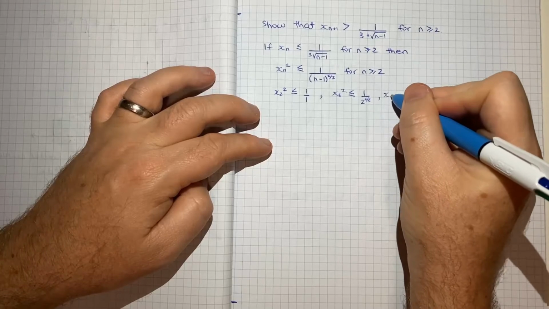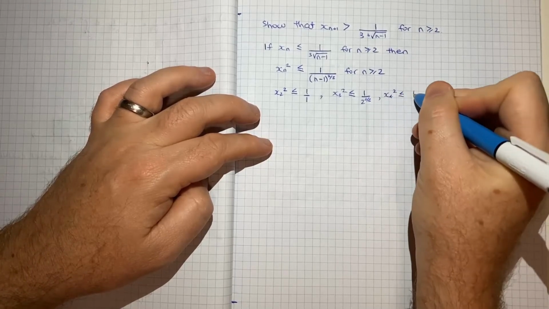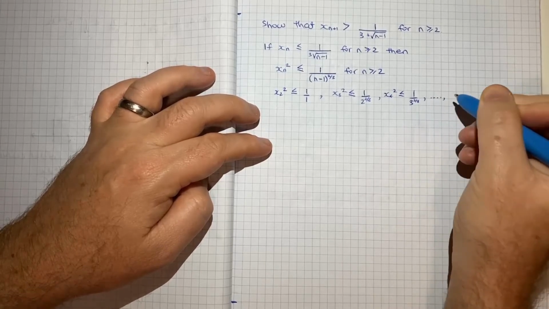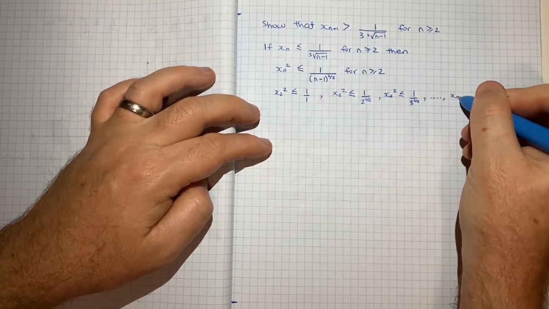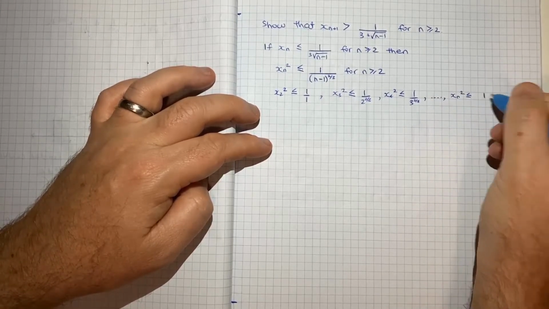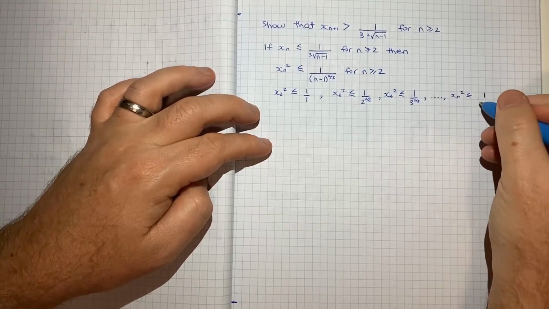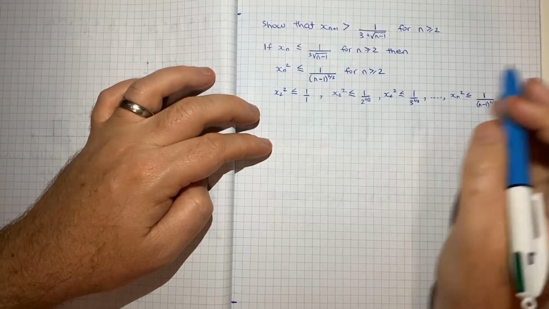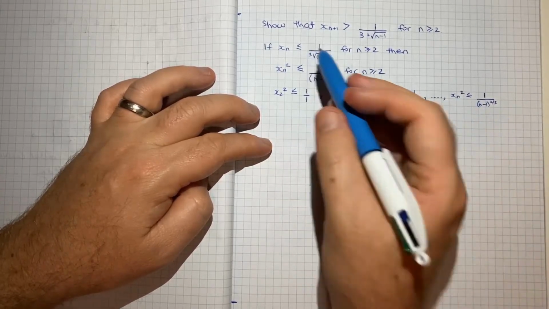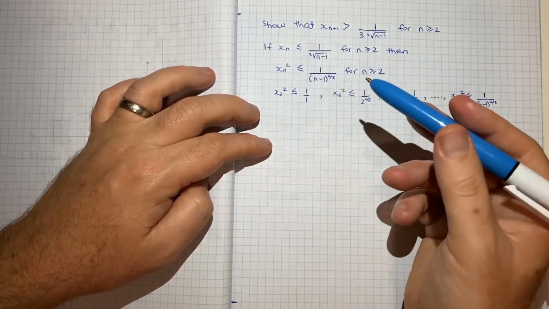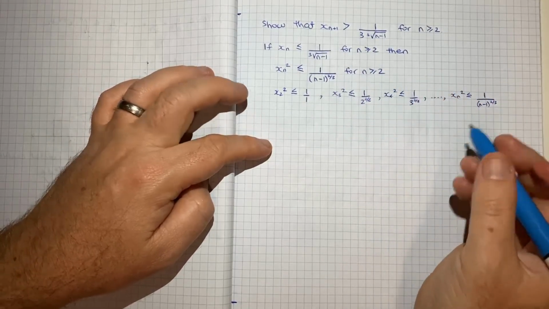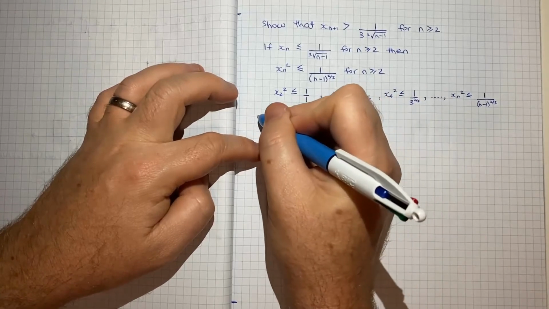x4 squared would be less than or equal to 1 on 3 to the 2/3, and so on, all the way up to xn squared would be less than or equal to 1 on n minus 1 to the 2/3. So that's all things we know from what we proved in part 1 of this question in the prior video. If that's the case, we can say therefore